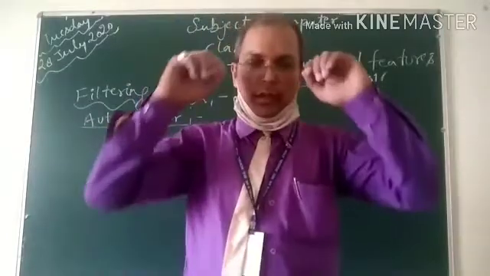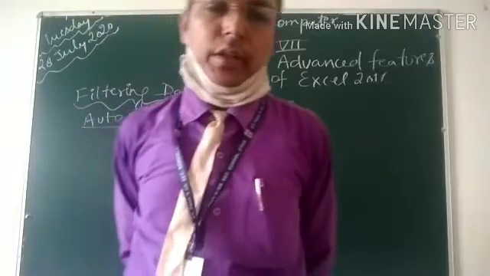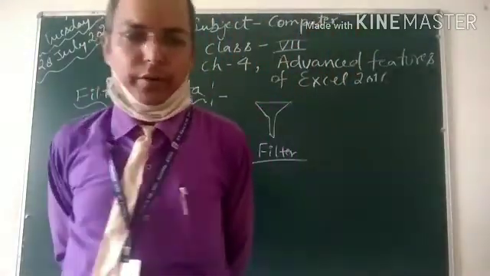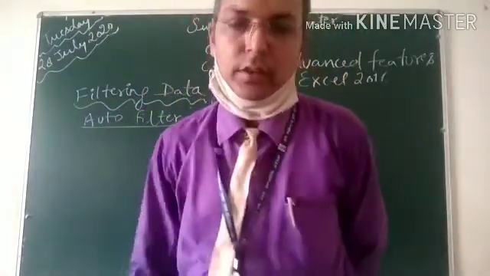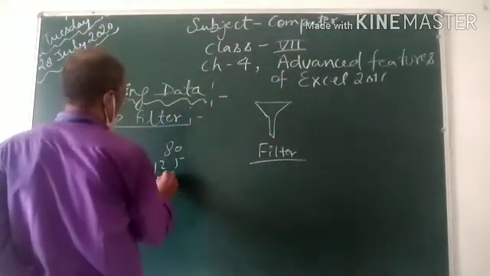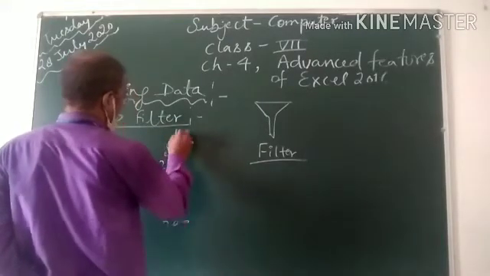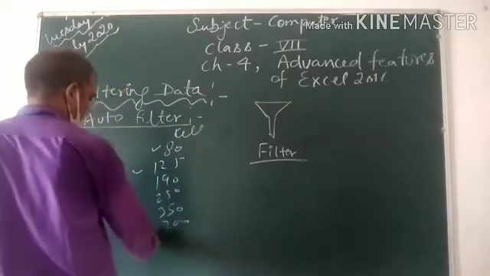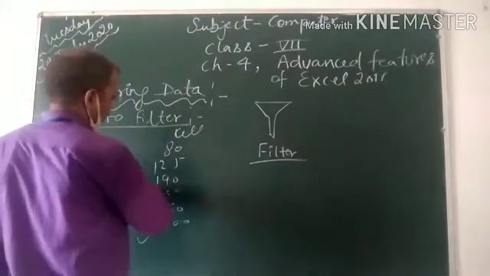A small arrow will be added at the selected cell column headers. The arrow is used to filter the data. Click on the arrow and a drop-down list appears, as shown in figure 4.5. In the data there are so many numbers: 80, 125, 190, 250, 350, and 700. At that time you have to select only the numbers you want to show on the sheet.